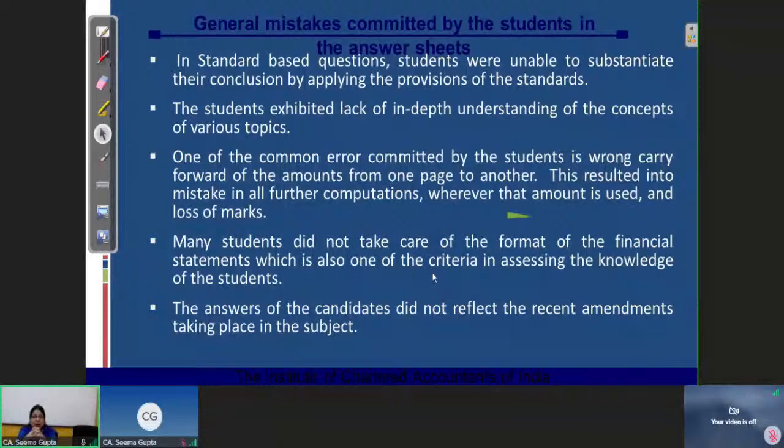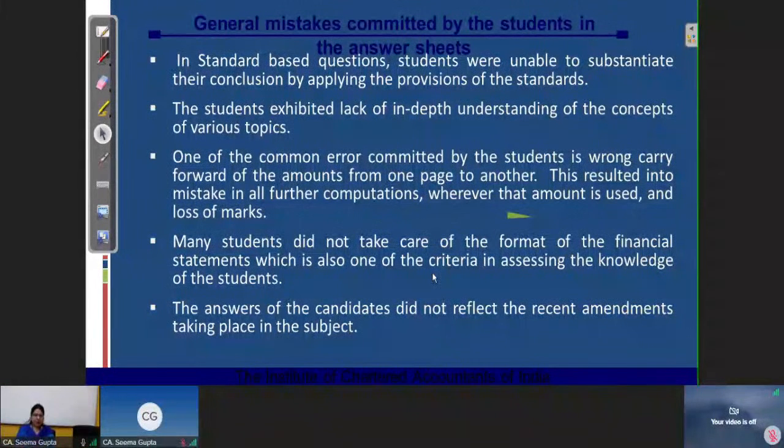it's very bad. If you do not know, then please don't quote the para number or the number of the accounting standard. You just say that the accounting standard on government grant says this. You don't say that AS 13 on government grant says this, because if you write AS 13 on government grant says this, it will give a negative impact. So if you do not know, behave smartly, and do not show your negative things.